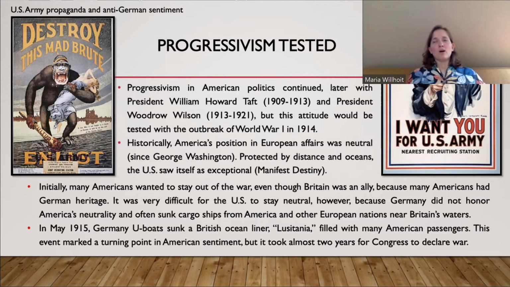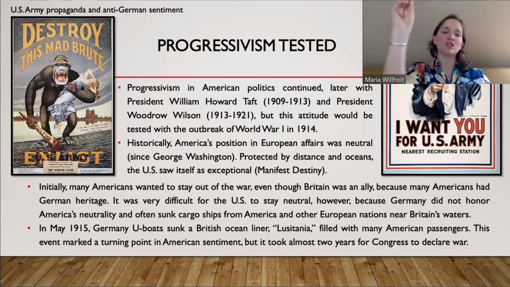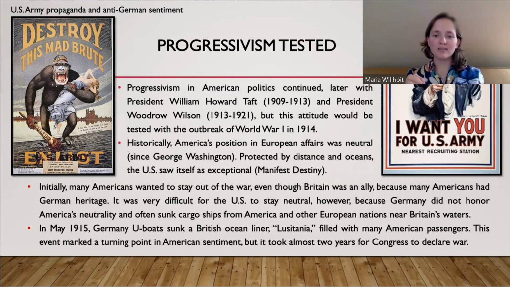And this really comes to a climax with the sinking of the Lusitania, which was a British ocean liner, in May 1915. It was traveling from New York to Liverpool, and it had many passengers, some of whom were American. I think it was around 128 Americans or more. And they sunk this ocean liner. They destroyed it with their U-boats. They bombed it. And this was really a turning point for American sentiment because, for us, it was like, you're killing innocent lives. We're just neutral here. You're really being aggressive.